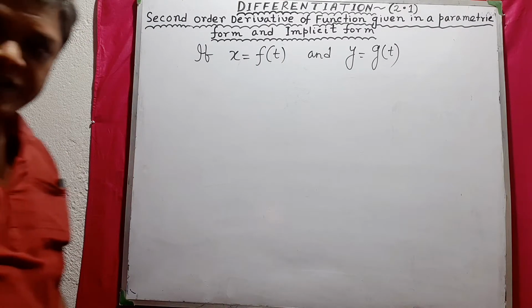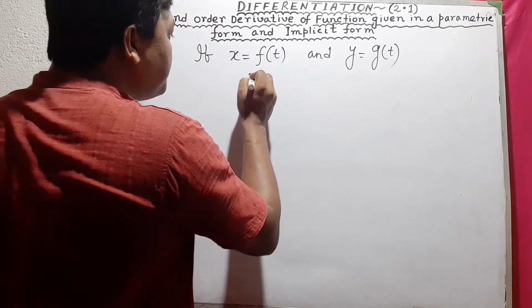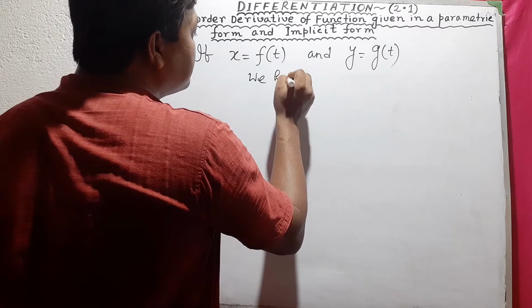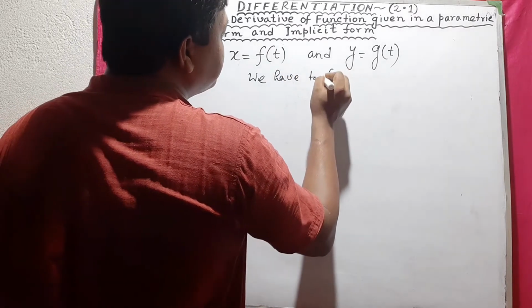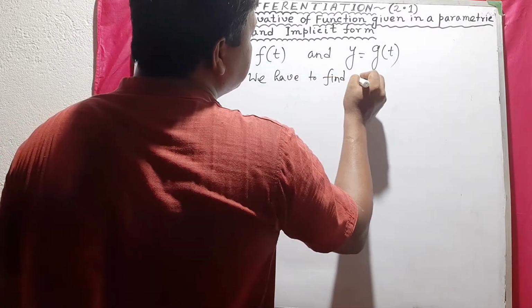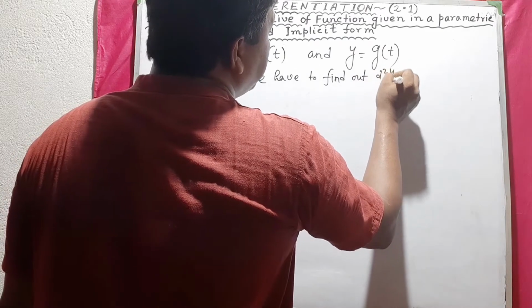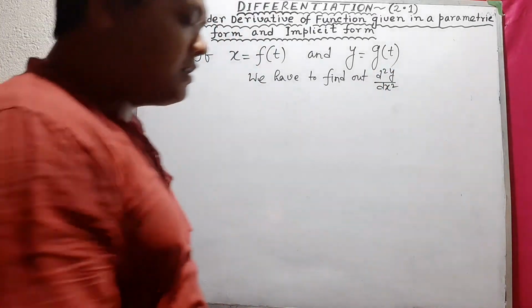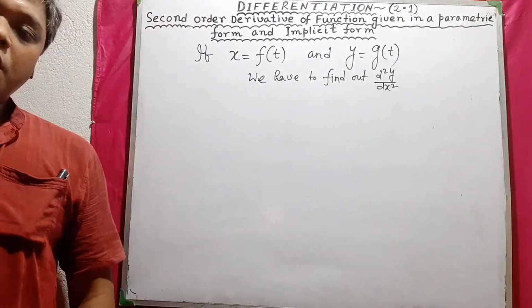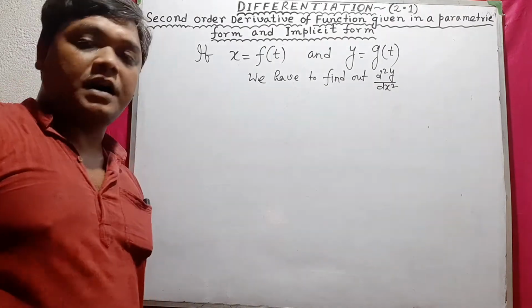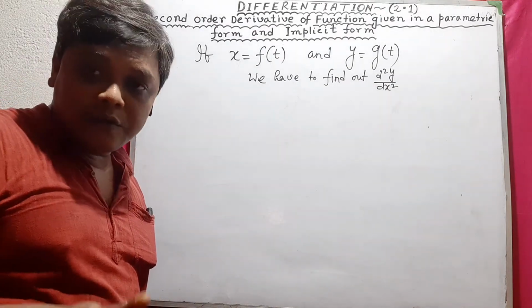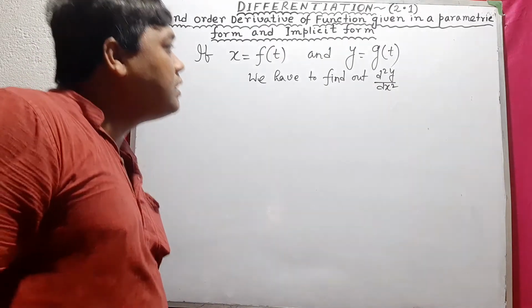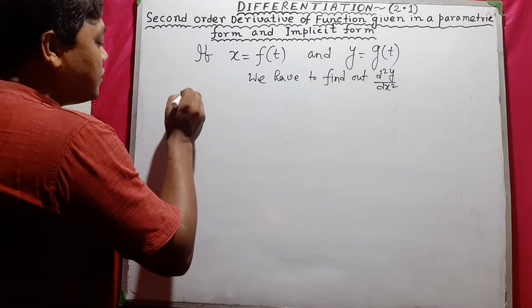So, our goal is that we have to find d2y/dx2. In the first order differentiation, in the previous series of lectures, we have already discussed how to find dy/dx, because we know